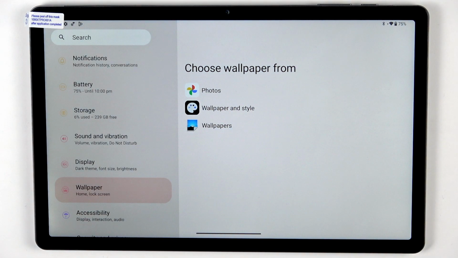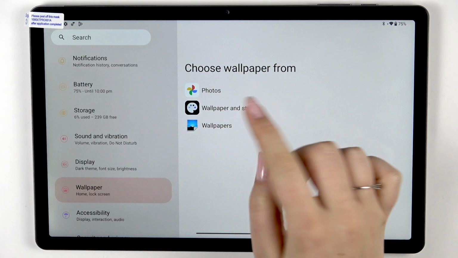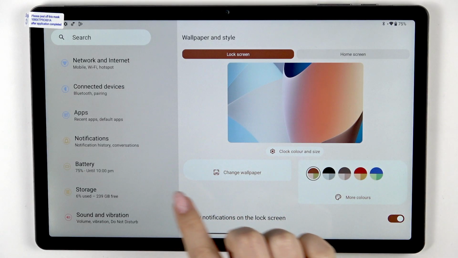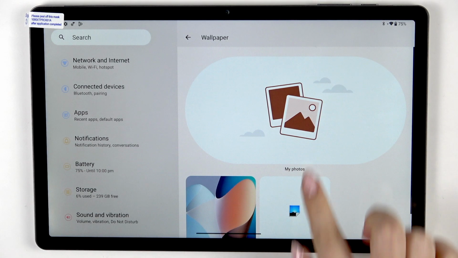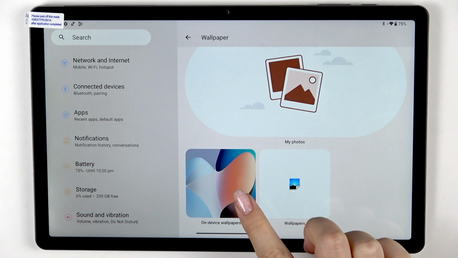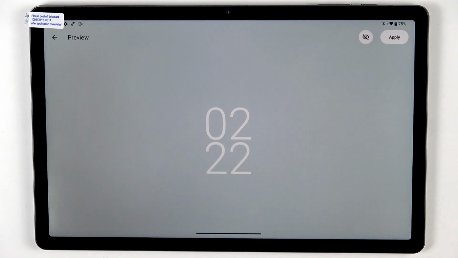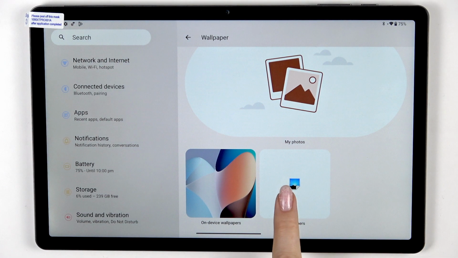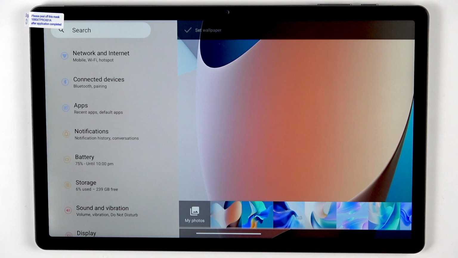Then we can choose the wallpaper from the following albums: from our Google Photos, Wallpaper and Style, and Wallpapers. Basically those are the same. I'll show you. Let me choose Wallpapers and Style. We will be transferred to this section where we can tap on Change Wallpaper, and we will be transferred to on-device wallpapers, so those which are pre-installed. As you can see, we've got only this option and wallpapers again, so we can tap on wallpapers, and here